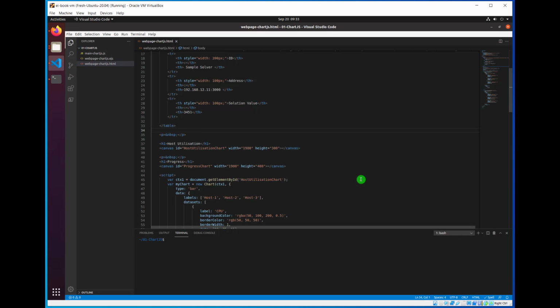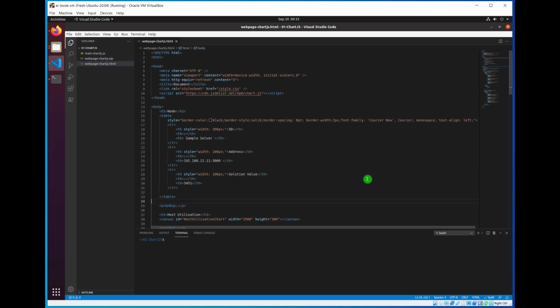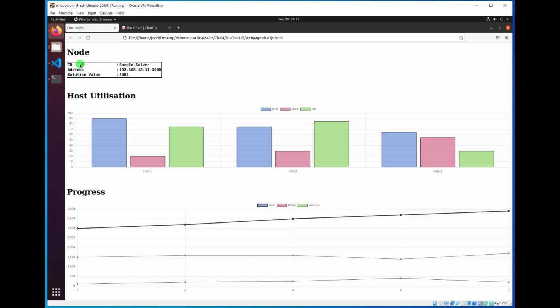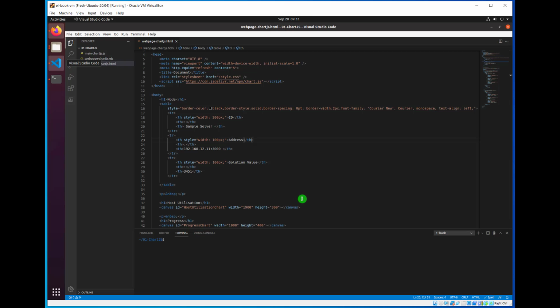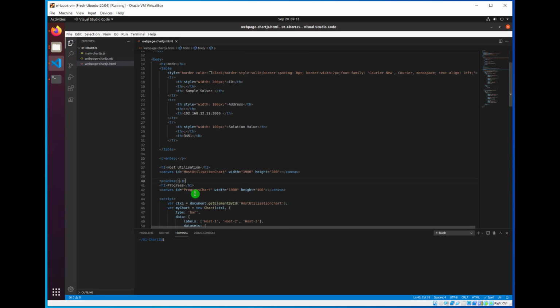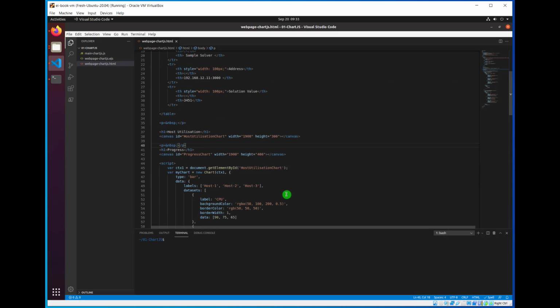So let me explain the HTML code. The source code, as I said, is to source all the programs that we need to draw these charts. The first part is pretty generic, and this is what is going to show. And the second part is where we're going to draw these graphs. So first, we're going to make a canvas tag with an ID, with the width and height, and another one with another canvas